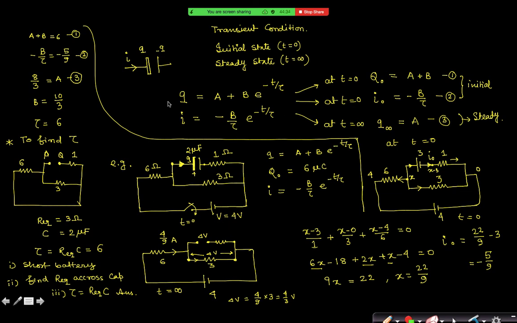what will you do? You will use these two conditions twice. Q1 equal to A1 plus B1 e power minus t by tau 1, I1 equal to minus B by tau 1 e power minus t by tau 1, and same thing for Q2, I2 and tau 2, A2, B2. Understood? You will get equations. Yeah, so basically you have now 6 unknowns, and it will become very big, definitely it will be